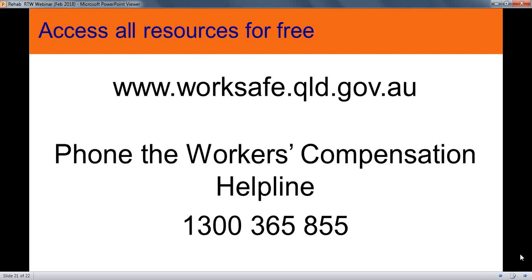But before you go down the disciplinary path, obviously ask the question, why? What's the concern? What's holding the employee back? Is it miscommunication? Is it that they've missed a certificate from their doctor? They haven't received information from WorkCover, or are confused or don't quite understand the process? So it's always good, number one, to clarify with them what their concern is and see if you can find out where that concern's coming from.